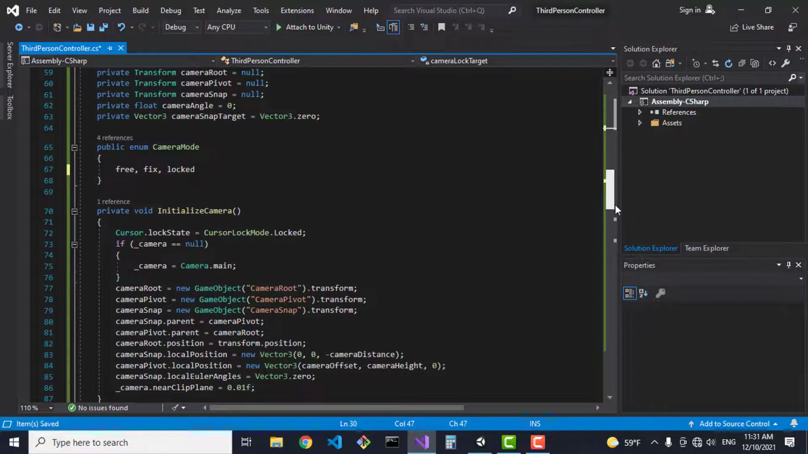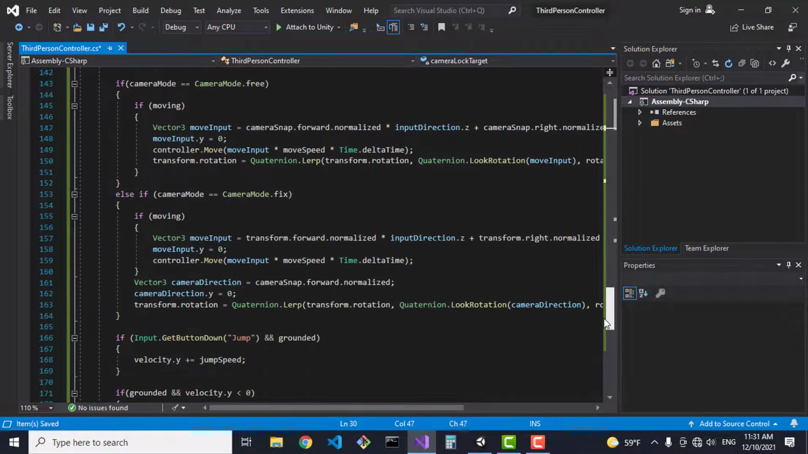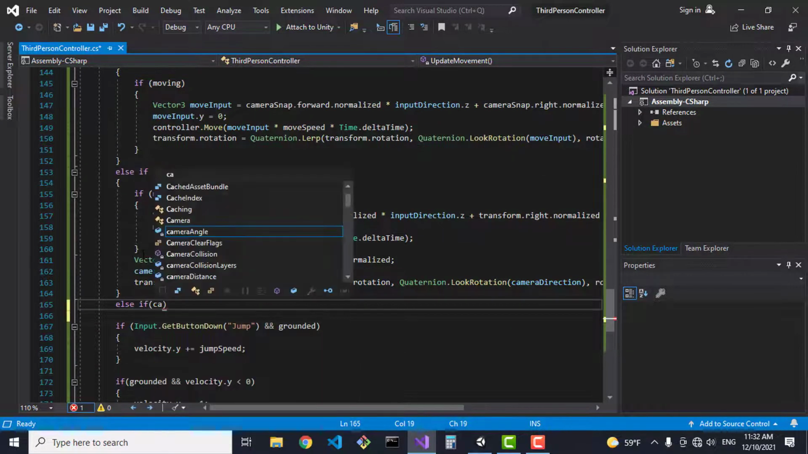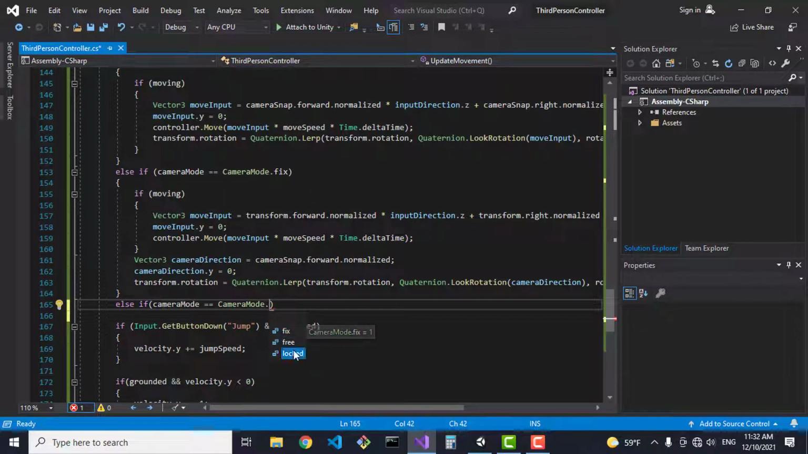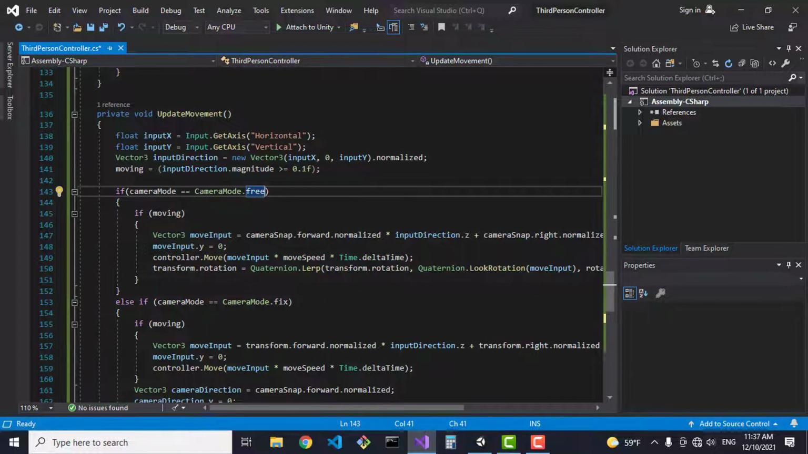Let's go back to our update movement. And here we're going to add another else if. But in order to use the camera mode locked, we need to have a target, a lock target. So to make sure we have a target, we go here in the first statement where we check if the camera mode is free, and we're going to open some parentheses here. And here I'm going to say or,